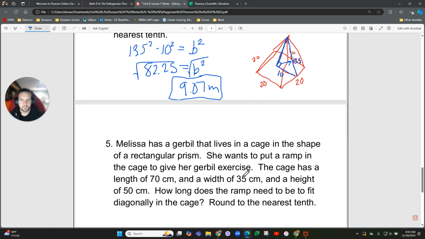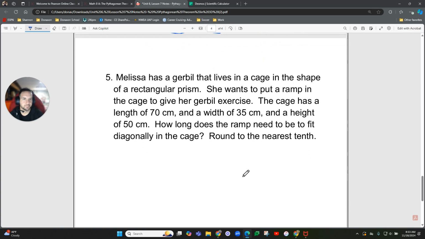All right. Question number 5. It says, Melissa has a gerbil that lives in a cage in the shape of a rectangular prism. She wants to put a ramp in the cage to give her gerbil exercise. The cage has a length, width, and height. So here's the length, width, and height. How long does the ramp need to be to fit